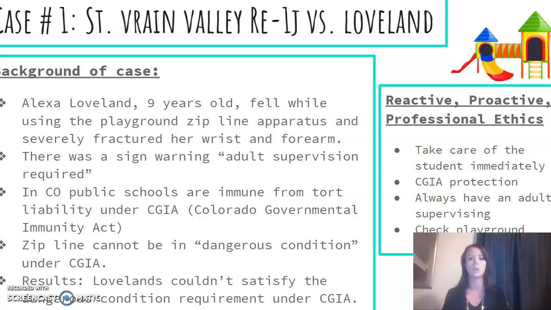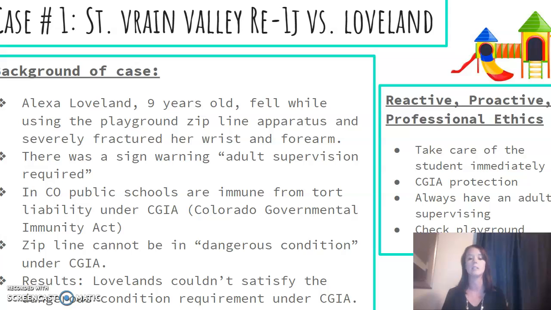So long story short, there on the playground with the zip line, there was a sign warning students that adult supervision was required. But Alexa, the 9-year-old, didn't follow that sign and didn't ask for an adult to come supervise her while she was playing. So apparently, in Colorado, public schools are immune from tort liability under the CGIA Act. So in this case, it kind of went back and forth a lot between the district and the parent, but